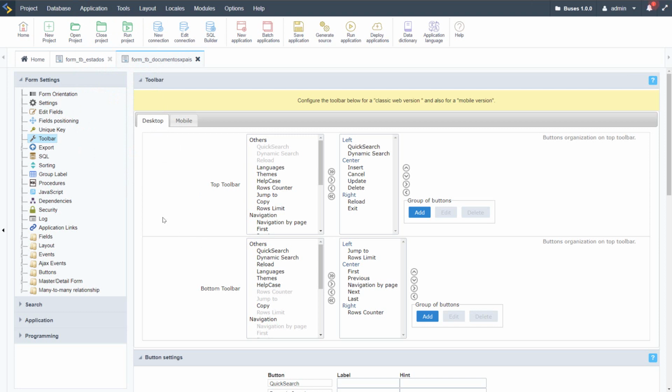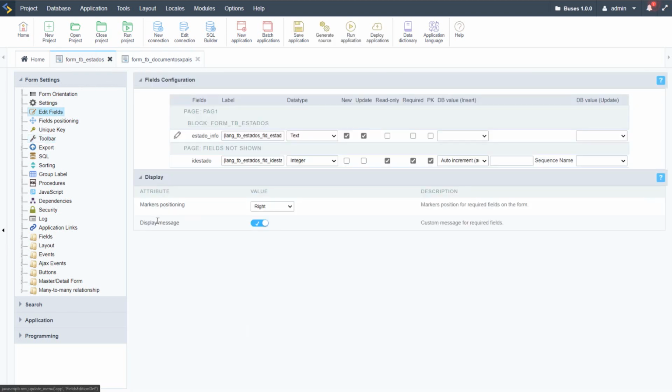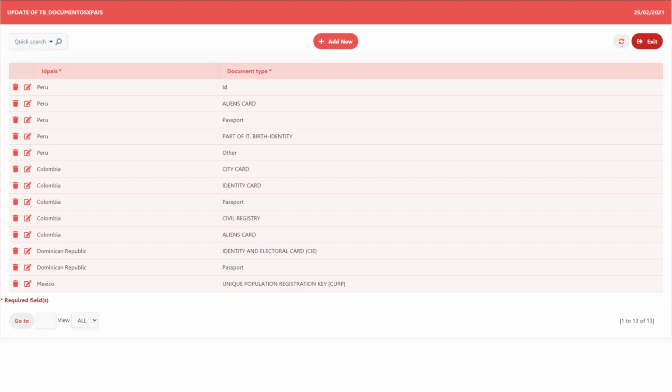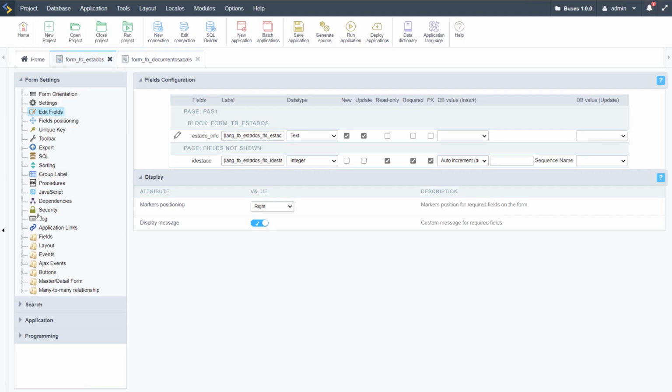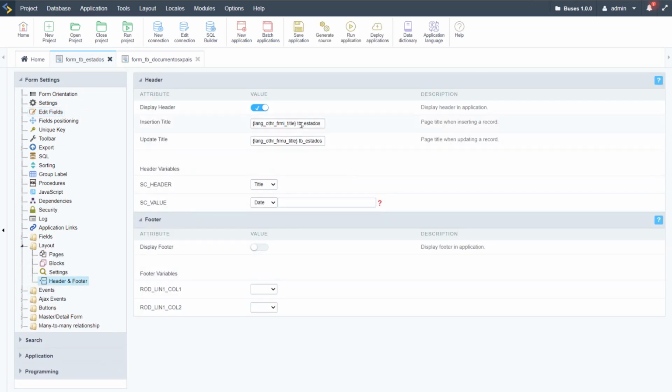Okay, so for the fields, for each of both of these, you can confirm that we have the language keys applied. So let's just double check that, edit fields, and we have language keys everywhere. So any changes we make within here, the application language, will reflect here on our application. Okay. Now for the title here, we have here the layout, header and footer, and we have here some of